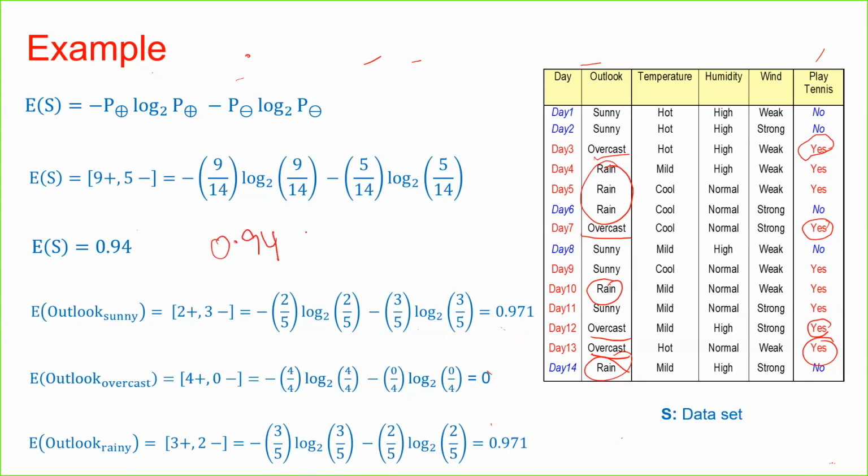0.94, it means the entropy before splitting minus the entropy after splitting. 0.971 multiplied with the corresponding fraction of the examples here. So what fraction of examples have outlook equal to sunny? 5 by 14, right? Total 14, out of them 5 are sunny. Plus, how many of them are overcast? 4, right? So 0 multiplied by 4 by 14 plus 0.971 multiplied by